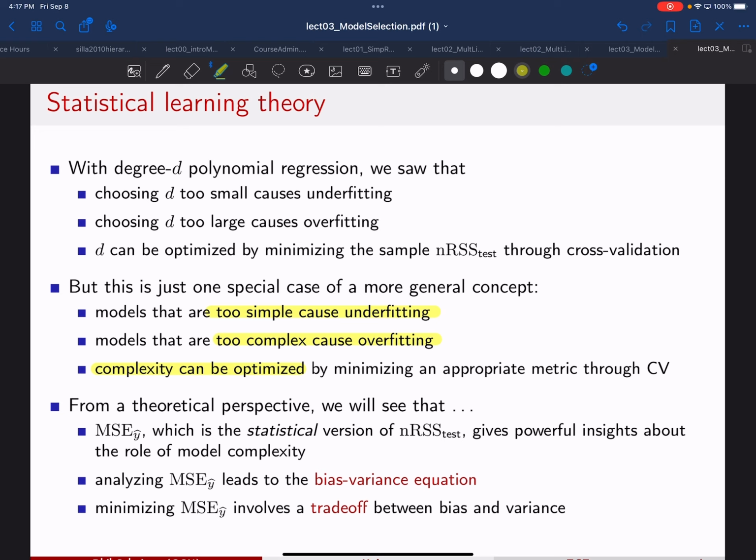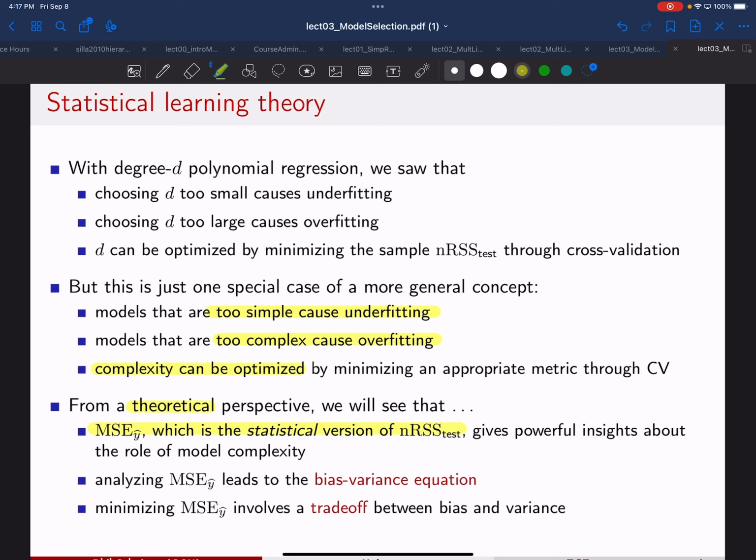Okay. So what we're going to study next is a sort of theoretical perspective of regression. And we are going to look at something called mean squared error, which we can think of as the statistical version of normalized RSS. And by statistical version, we're going to have to get into some details involving expectation, probability, and so on. And what we'll see at the end of this, we're going to do an analysis of this mean squared error